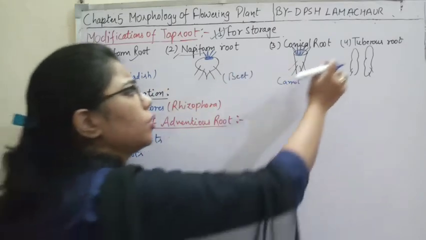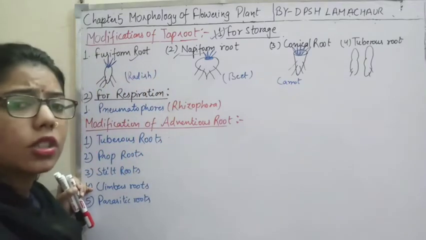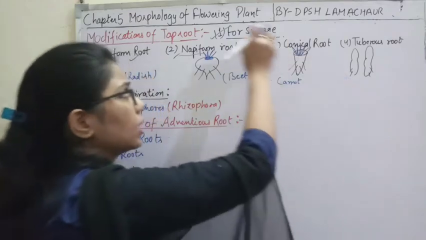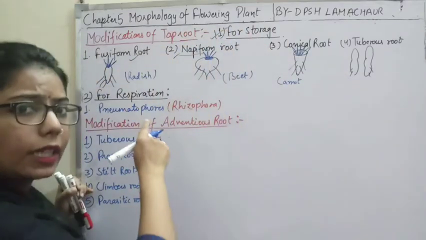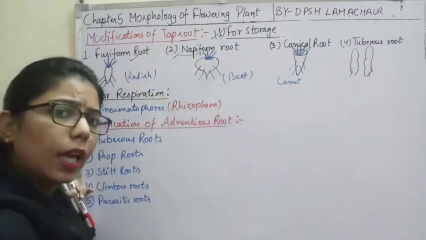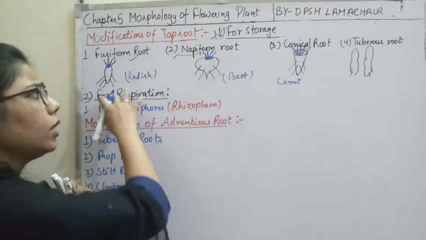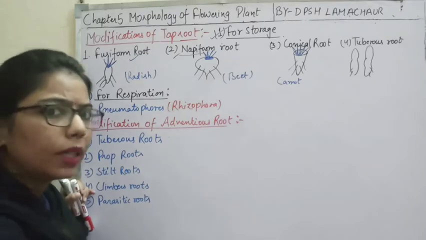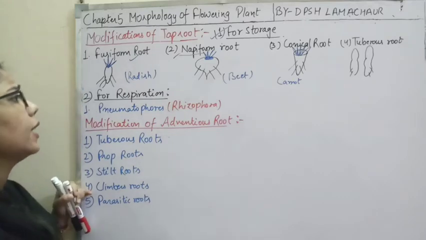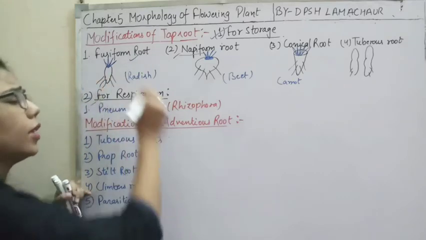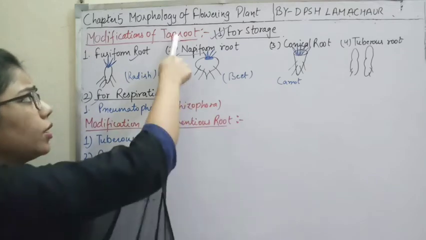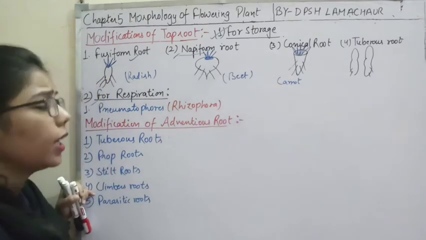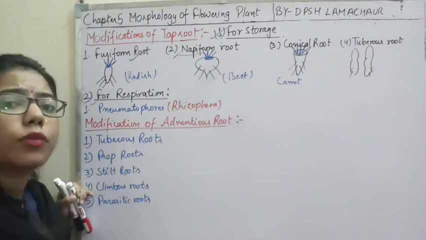And the fourth one is the tuberous root, in which the structure is just like a tuber form, no definite shape will be there, and it is forming from the radicle, that's why it comes under the taproot. So all these forms are important for what? For storing the food material. Clear? Now another one is important for the respiration. The modification of this taproot is done for the storage. Examples are these four, and it is also useful for respiration.